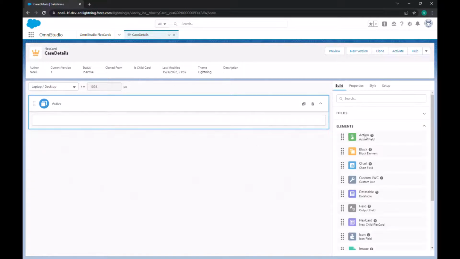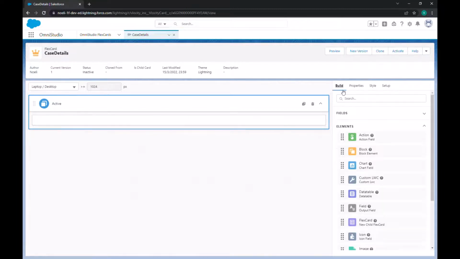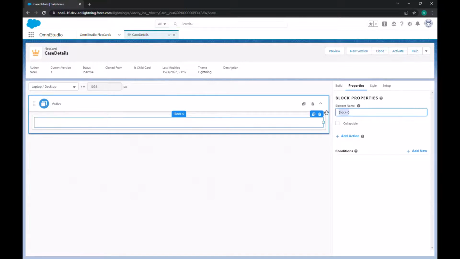If you are here, let's drag and drop a block element. No, here is not the block element, here is an action. Let's drag block element. Okay, let's call it case title. Let's call it title card title. Okay, so